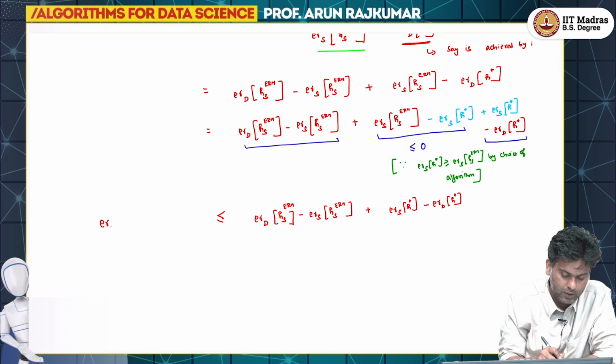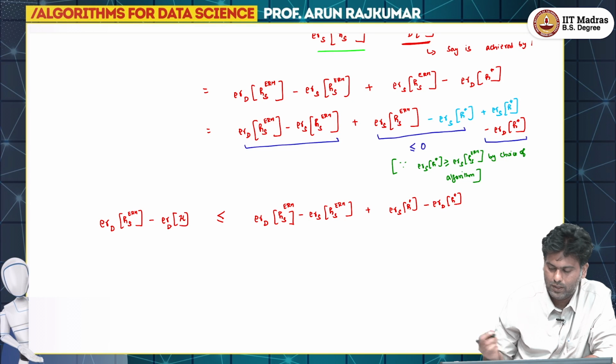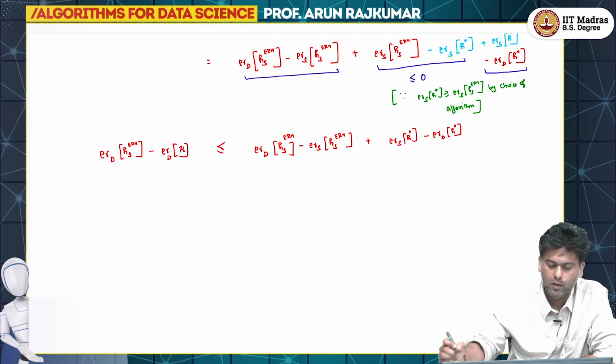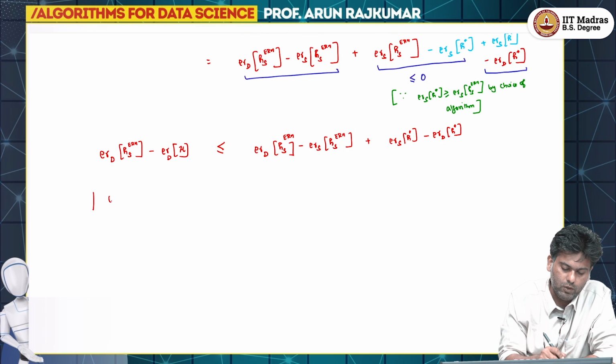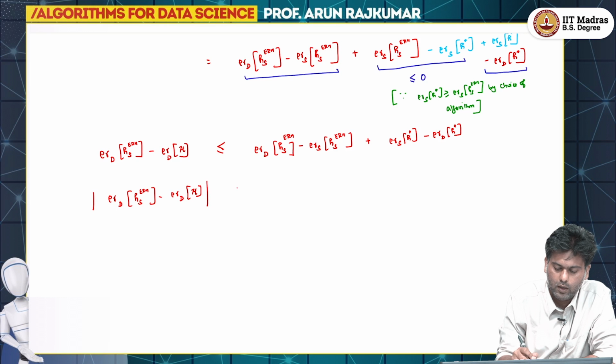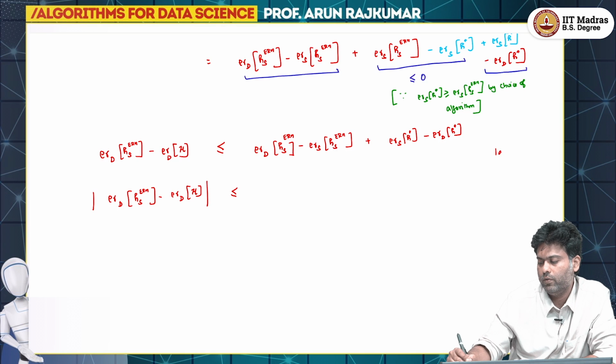Well, this is the estimation error, which is the test error of the classifier picked minus the test error, basically RD of H, which is RD of H star exactly. So, this difference is at most the sum of these two differences. So, the absolute value of this, let us say, what can we say about the absolute value? Well, I am going to write two steps together, I hope that is okay, is at most the absolute value of the above thing, and then the absolute value of A plus B is at most the absolute value of A plus